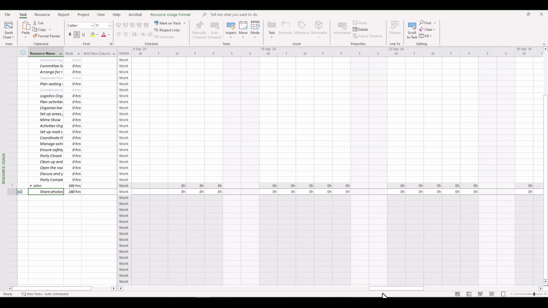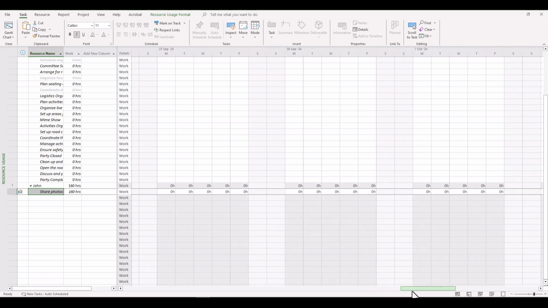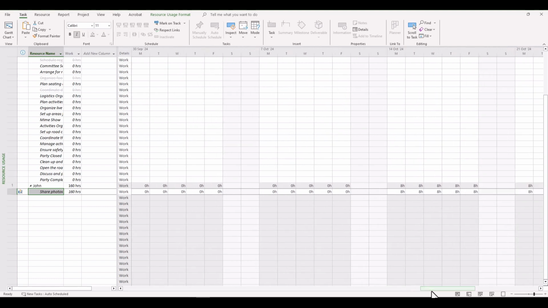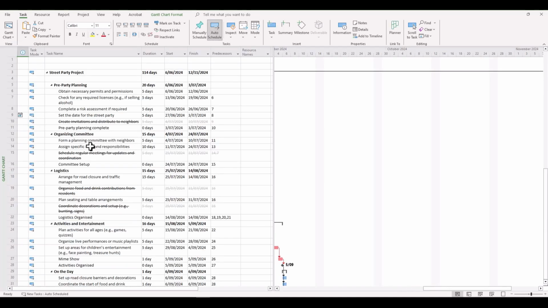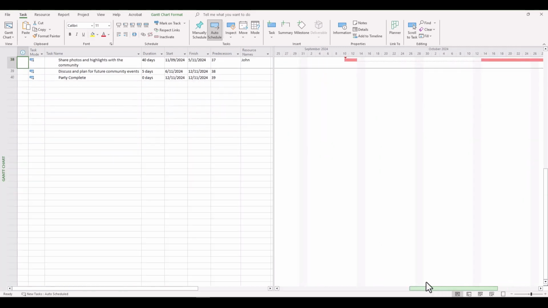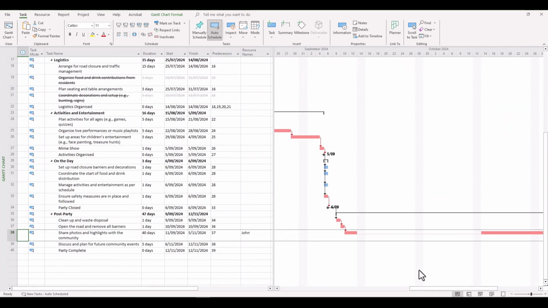You'll notice here that he started the task in the week beginning the 9th of September, but the week beginning the 16th of September, when we had that break, you can see 0 hours have been shown there, and it's pretty much that way for a month until we recommence or reintroduce that task on the 14th of October. So I'm sure you'll agree it's a very powerful tool, excellent for balancing resources and for showing a true view as to what goes on when you have unexpected interruptions in your project.